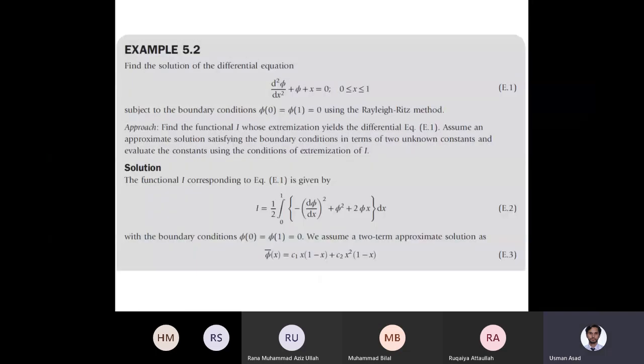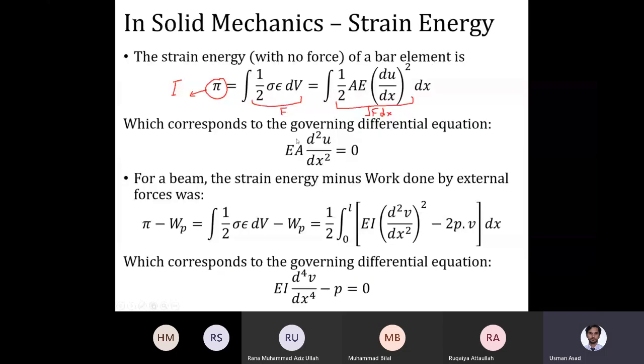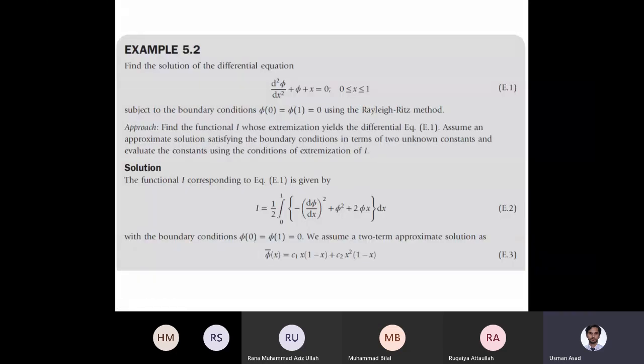ओके, सो मूविंग ऑन। अब इसी कॉन्सेप्ट को इस्तेमाल करने के बहुत सारे तरीके हैं। ऑब्वियसली एक दफा इंटीग्रल आ गया हमारे पास, तो उसके बाद हमने जो मिनिमम पोटेंशियल एनर्जी वाला मेथड किया था वो भी यही कर रहे थे, हम घुमा फिरा के इसको मिनिमाइज करने की ट्राई कर रहे थे। मगर चैप्टर 5 इफ आई एम नॉट रॉन्ग ऑफ द एफईएम टेक्स्ट बुक, जिसके अंदर ये वेरिएशनल अप्रोच और वेटेड रेजिडुअल मेथड वाली अप्रोच है, उसमें दे हैव टेकन दिस डिफरेंशियल इक्वेशन। आई डोंट सपोज दिस हैज एनी रियल फिजिकल मीनिंग, ठीक है, या कम से कम मैकेनिकल सेंस में तो इसका कोई मीनिंग नहीं है, बट दिस इज जस्ट अ डिफरेंशियल इक्वेशन वेयर फी इज अ फंक्शन ऑफ एक्स।